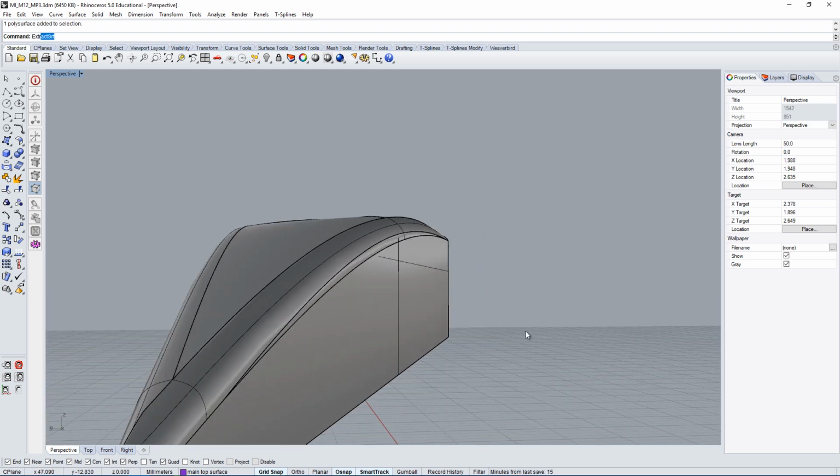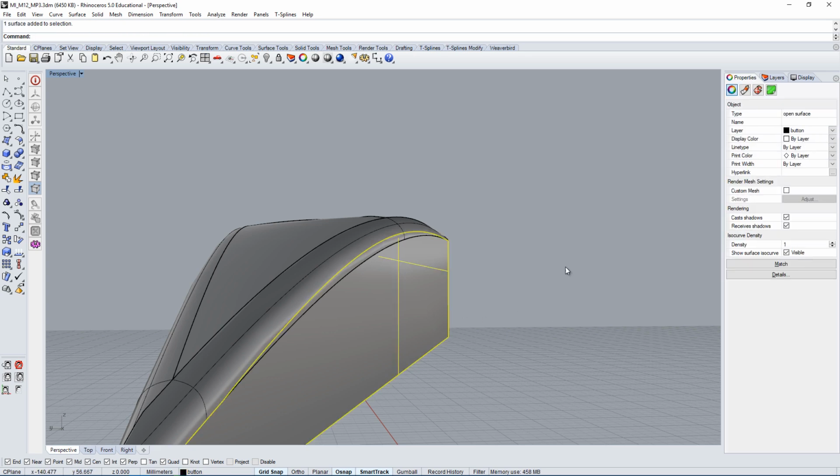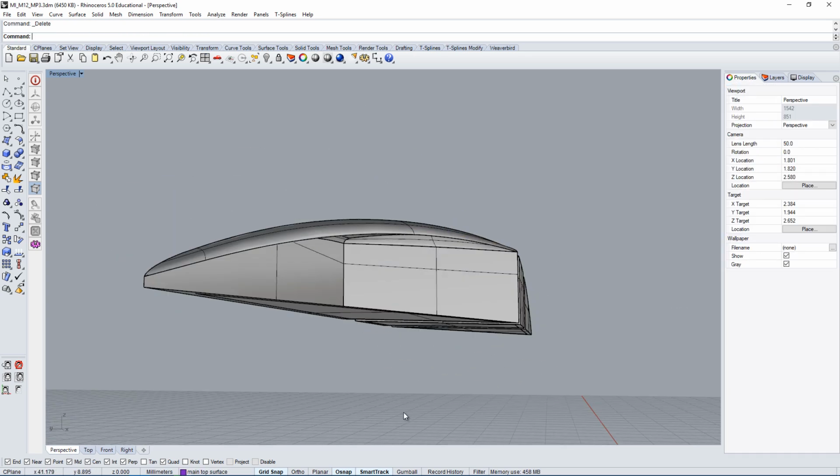So we're gonna extract this surface, and we'll just delete it.